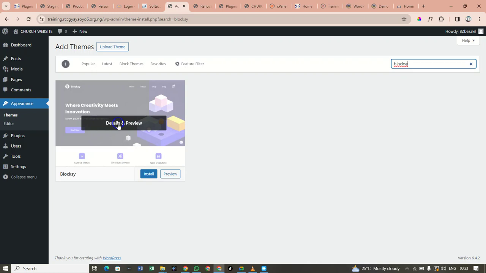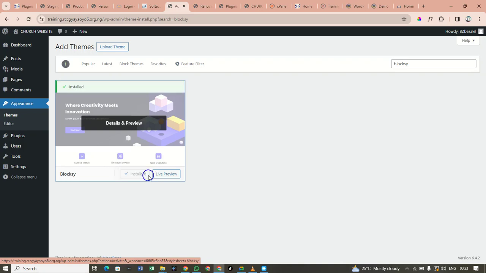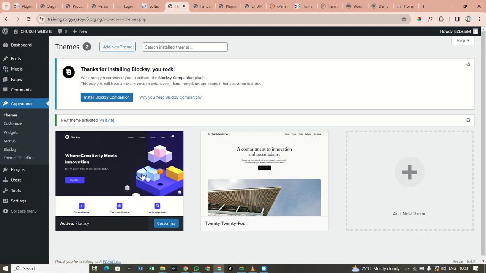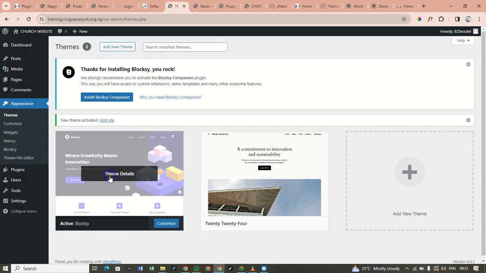So then what's next? You install it. After installation, you click on activate and you activate it. Make sure you activate it. Simple, and I hope with these steps now, everyone should get it. So after the activation,